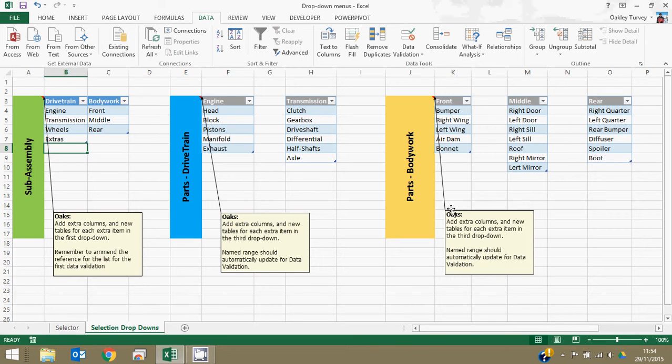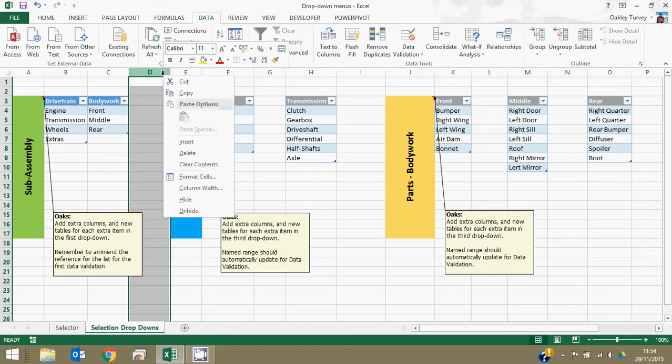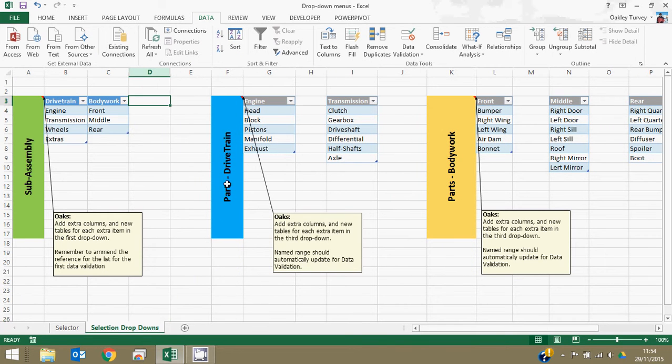They're all driven accordingly. Now what we can also do, a little extra here, is I can add in a column and I can put in, let's say, extras in here, and let's say radio, sat nav. I'm just going to be cautious here that I'm not putting spaces in these previous ones, because these have to drive table names later on. So let's just say radio sat nav,